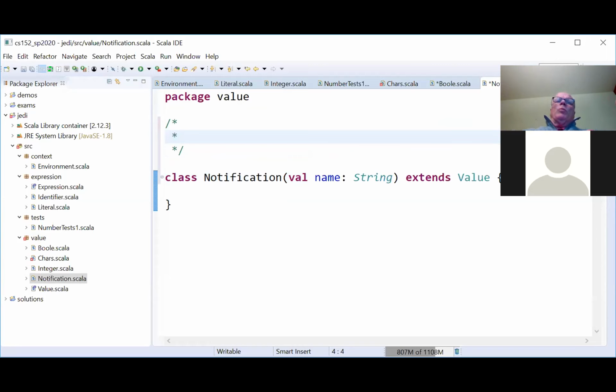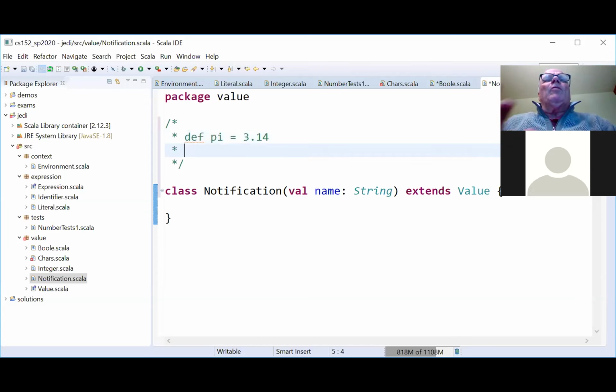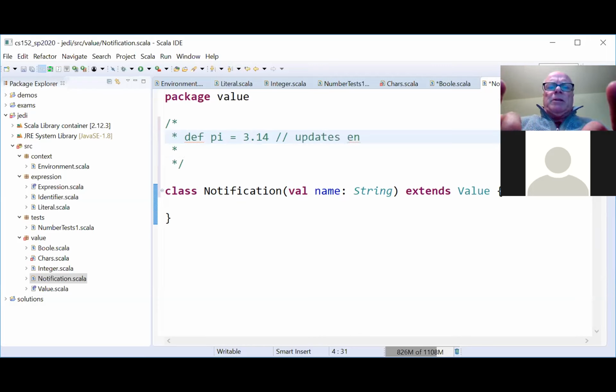Okay, so side effects. When do side effects happen? Well, right now, I think the only thing that we do that has side effects is when we use def. Remember, that has the side effect of updating the environment.